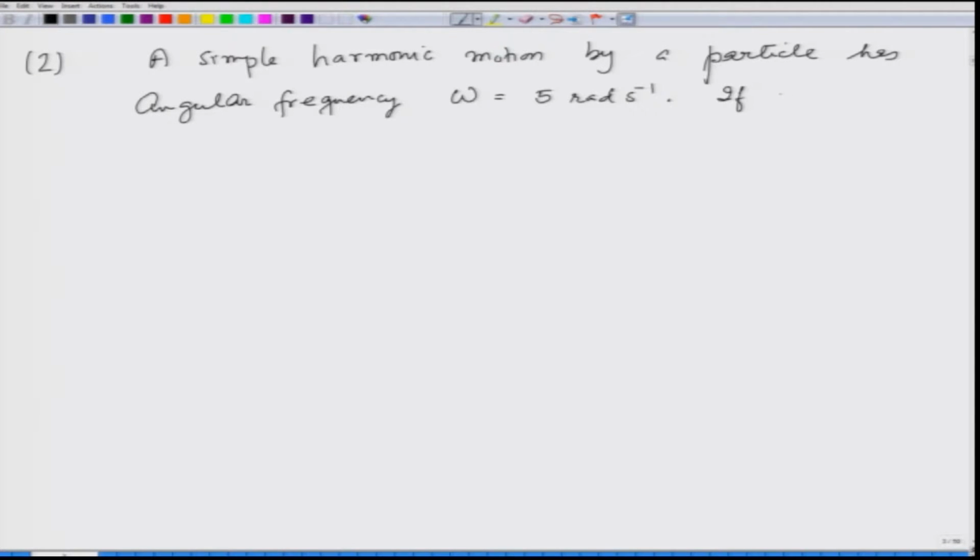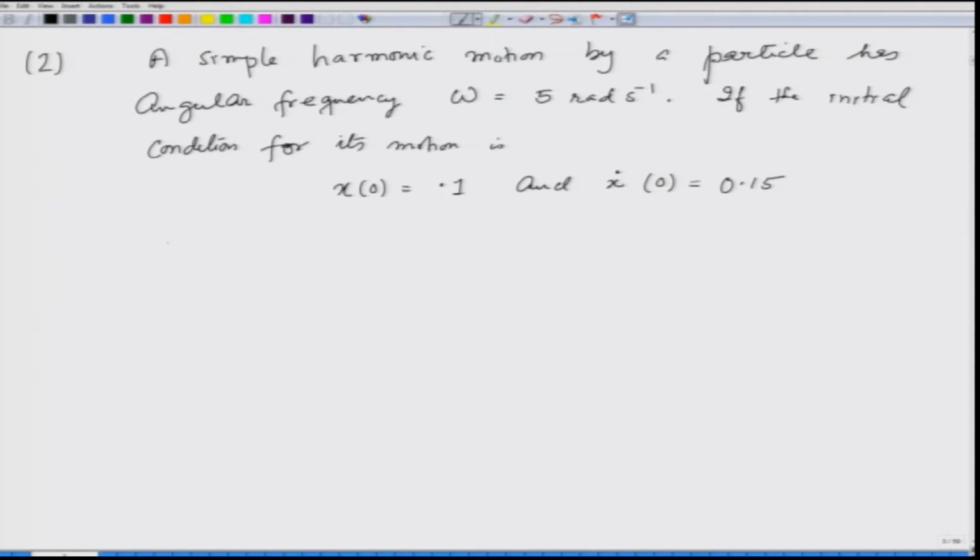If the initial condition for its motion is x at 0 is equal to 0.1 and x dot at 0 is equal to 0.15, and the motion is represented as x(t) equals A cosine of omega t plus phi,